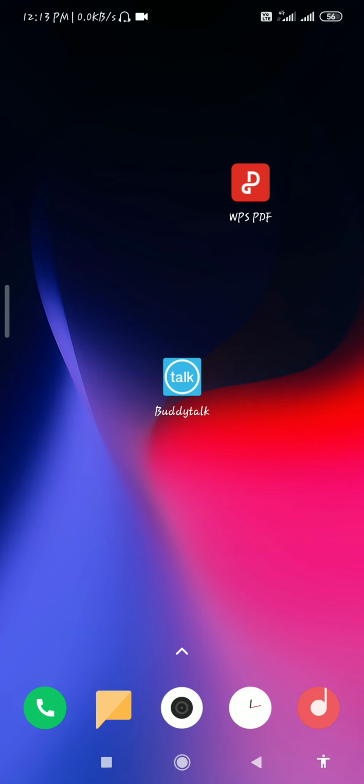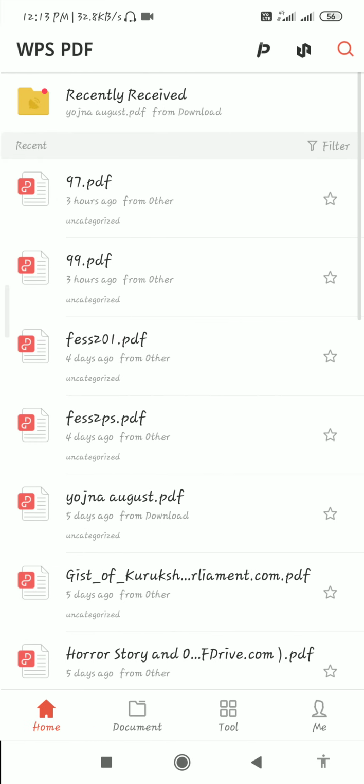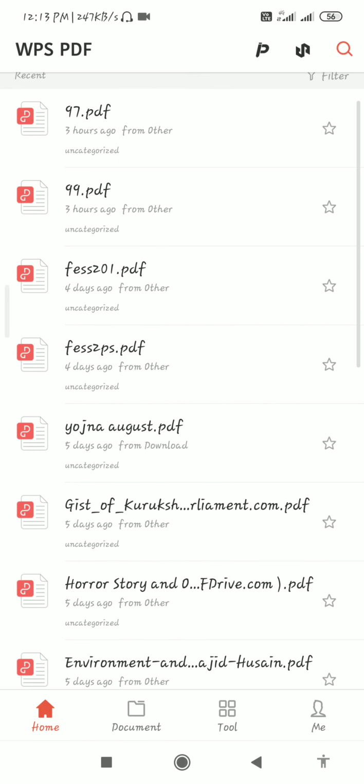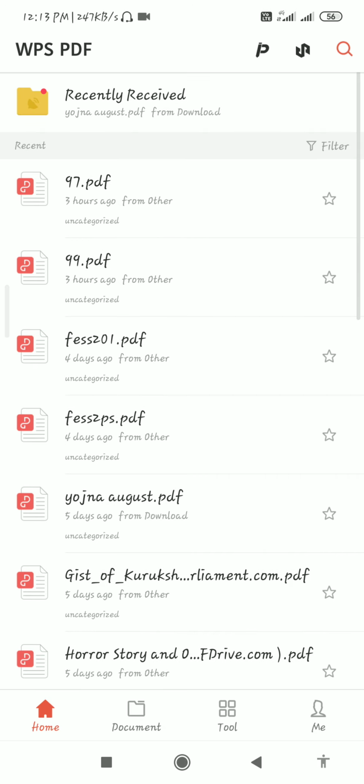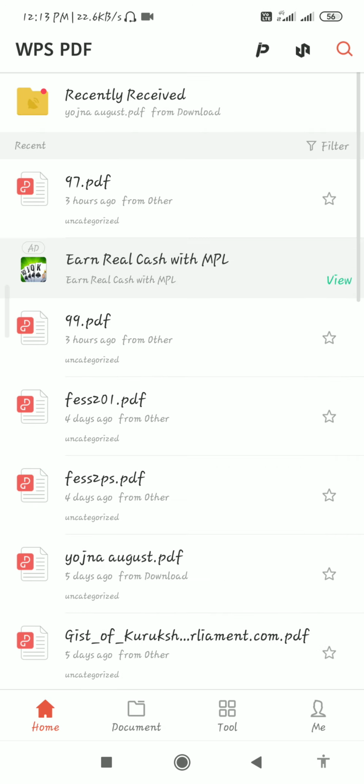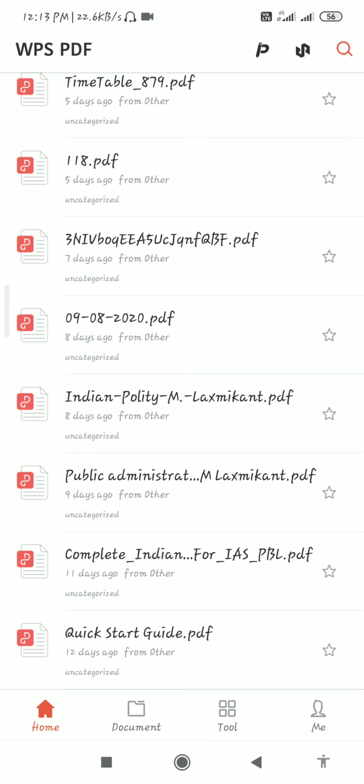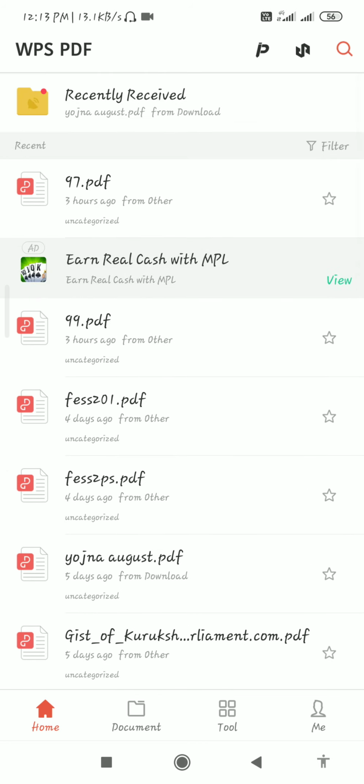Now we will go towards a review of this application. Now I will open this application. Now this application is opening. Yes, now it has opened, and here you can see the application interface.